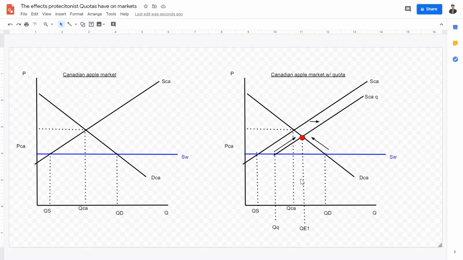Now what happens when the price has risen to such a high place because of the protectionist quota? The price goes up like this, and the demand decreases, leaving us in the new equilibrium of the red point. The red point is the new equilibrium given the quota enacted. Now, given the quota, what does consumer surplus look like? We link this new equilibrium back to the price, and this triangle right here is the consumer surplus.